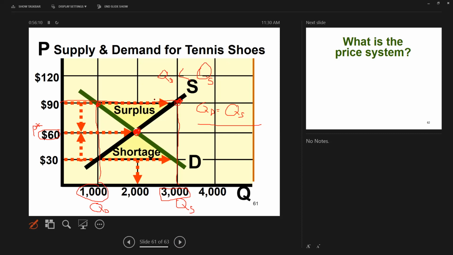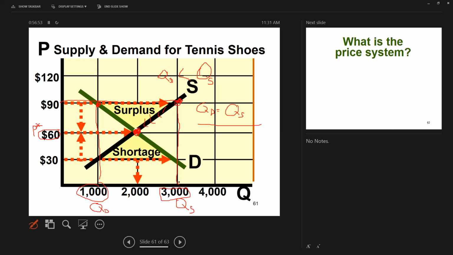So when this happens, producers have a problem. They accumulate inventories, okay? They have a surplus. They're producing and offering more shoes for sale on the market every week than people are willing and able to purchase. So that's going to accumulate inventory. Stock is just going to start piling up in their stores and warehouses. The purpose of producing a pair of tennis shoes for the producers isn't to keep them in a warehouse, it's to sell them. So if they have a surplus, more is being offered for sale than people are willing to buy. To get rid of those surpluses, firms are going to drop their price.